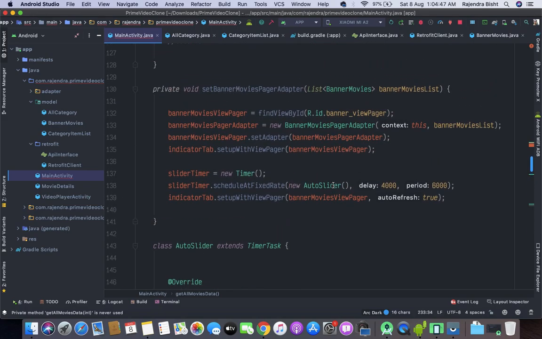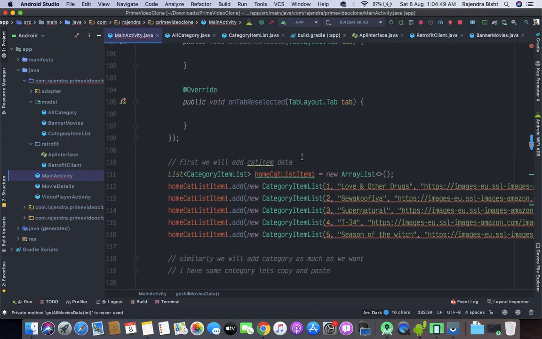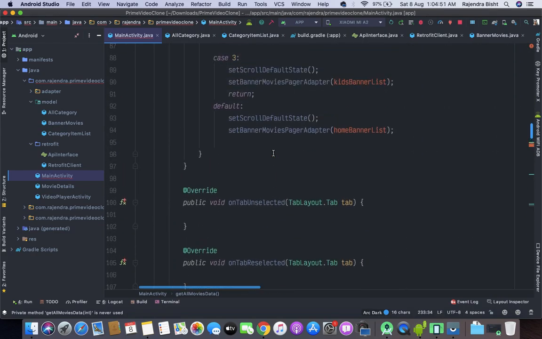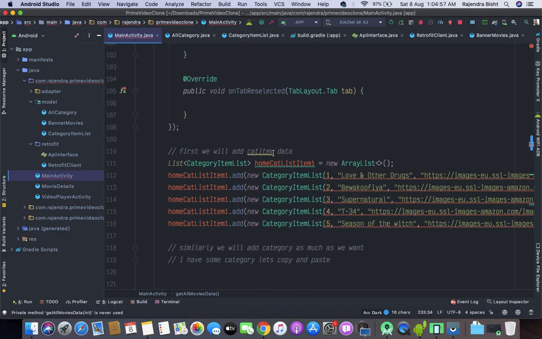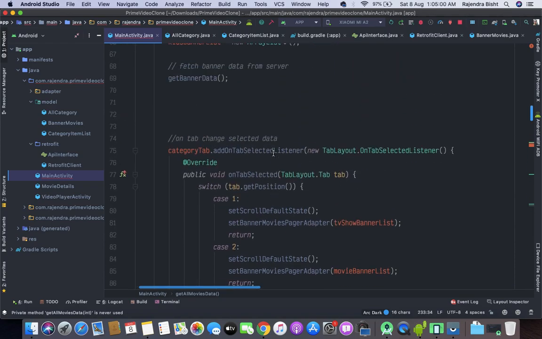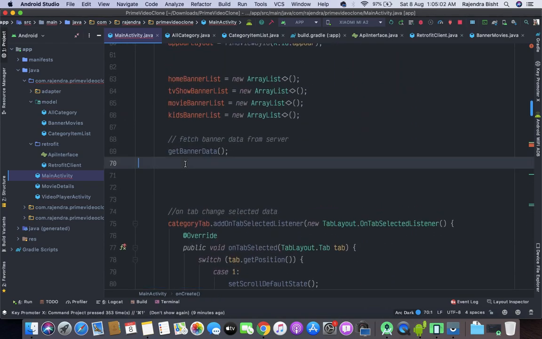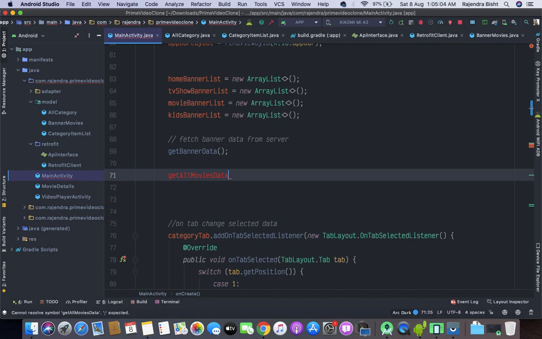Now let's call this method. So here I'm going to call this method with the default category ID which is 1.